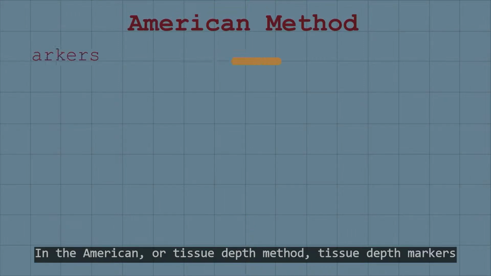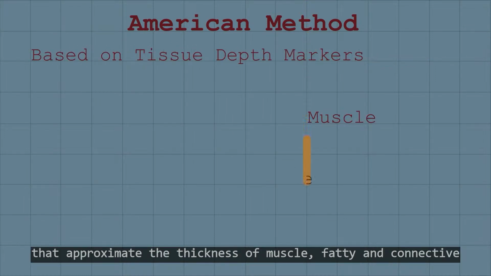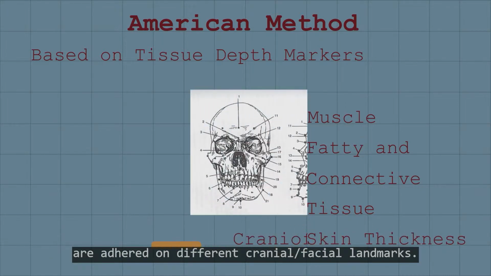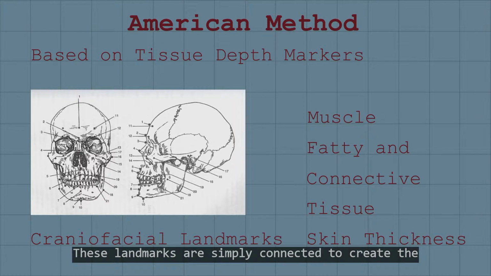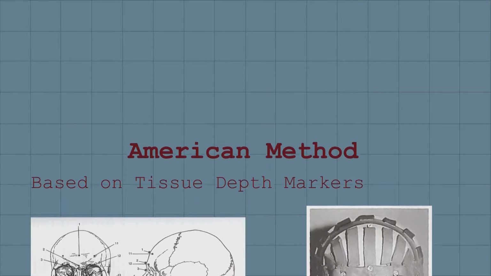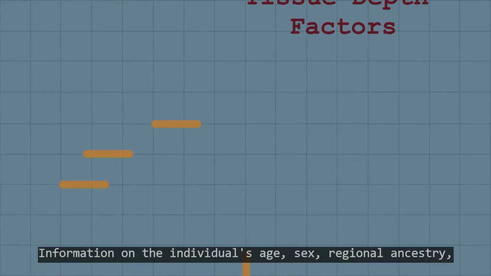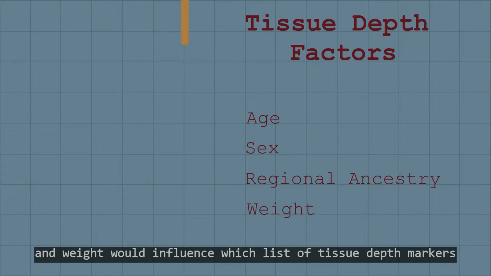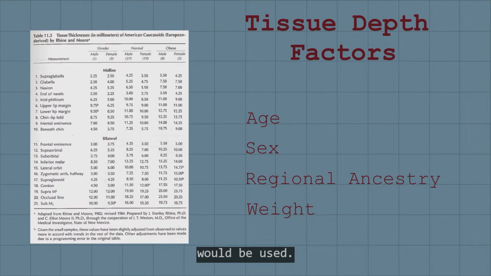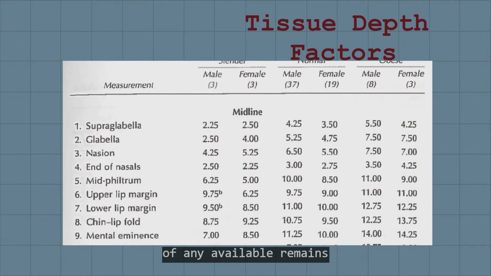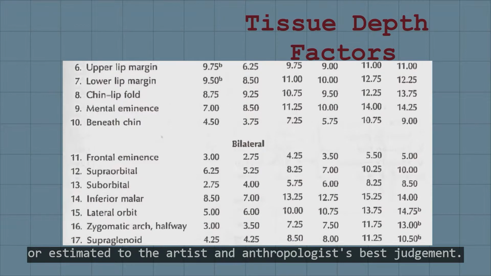In the American, or tissue depth method, tissue depth markers that approximate the thickness of muscle, fatty and connective tissue, and skin thickness in one calculated measurement are adhered on different craniofacial landmarks. These markers are simply connected to create the soft tissue facial reconstruction. Information on the individual's age, sex, regional ancestry, and weight would influence which list of tissue depth markers would be used. This information is determined using anthropological analysis of any available remains, or estimated to the artist's and anthropologist's best